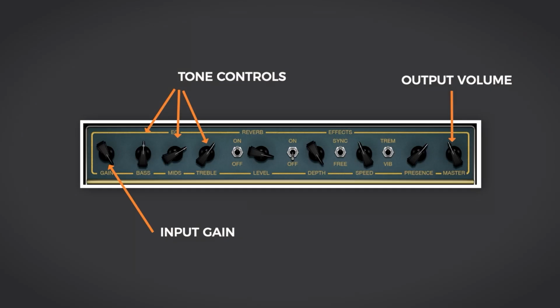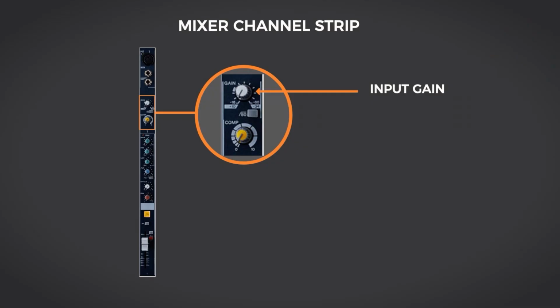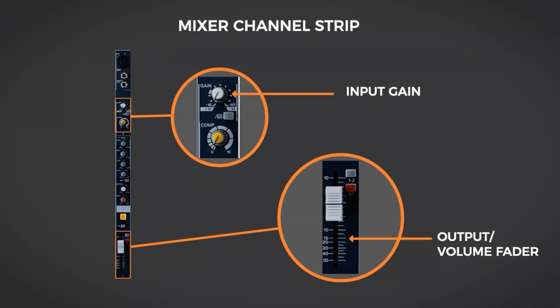It also means that you can distort the input signal without creating a level so loud that it's problematic to record through a microphone. A similar approach exists in most analog mixing consoles, where you'll find a trim dial at the top of each channel strip. This allows you to control the input stage of whatever signal you're feeding into that channel before you process it with EQ and compression, patch in insert effects, and ultimately balance the channel level with the volume fader at the bottom. Trim dials on mixing consoles matter for another reason too.